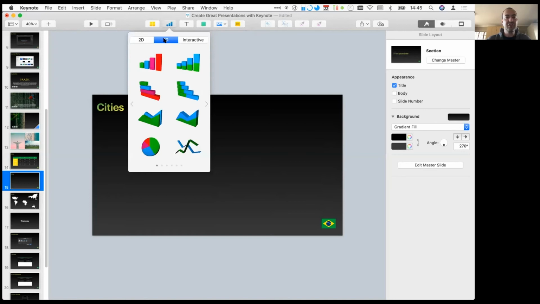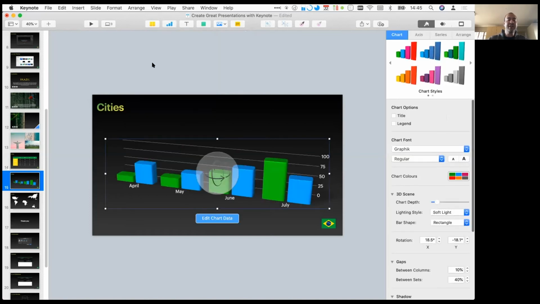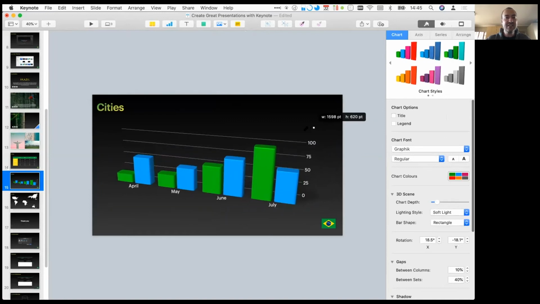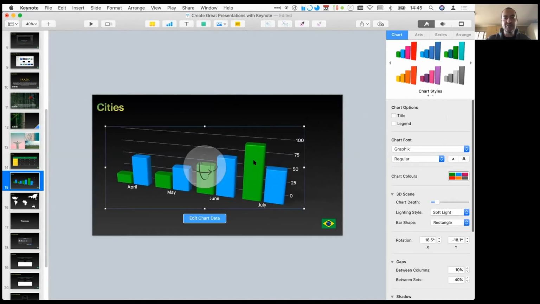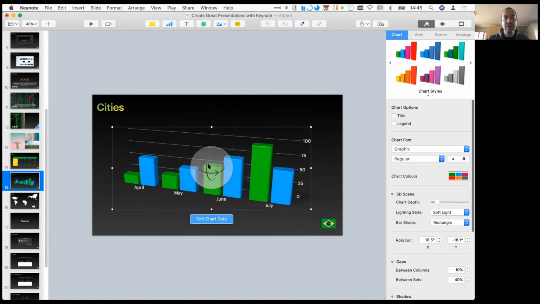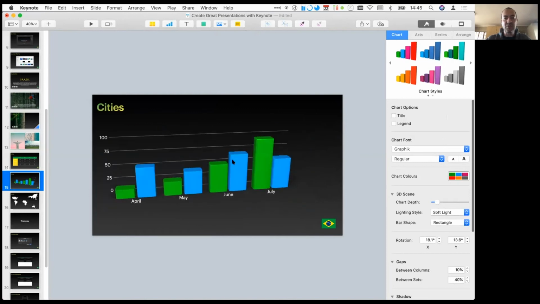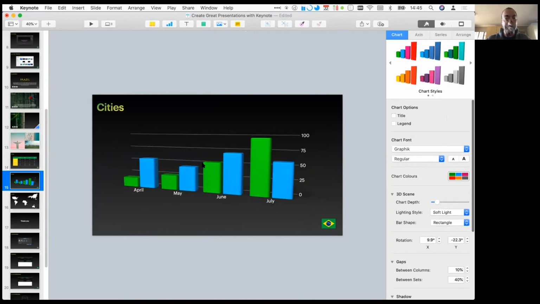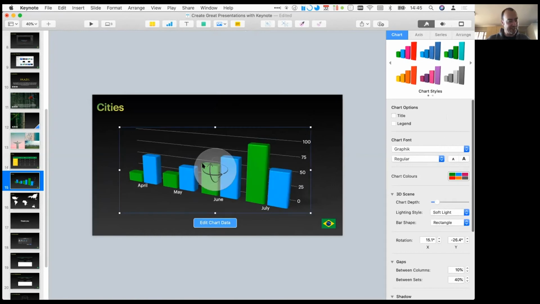So let me show you real quick when you insert a 3D chart, because Keynote, again, in the way it presents things is just so well made. So let's have this in here. We can adjust maybe the size. Let's make it slightly taller. Maybe just have it fit exactly where we want it. And I can now also, if I click and hold on that center part, which looks like a couple of circles spinning in 3D,